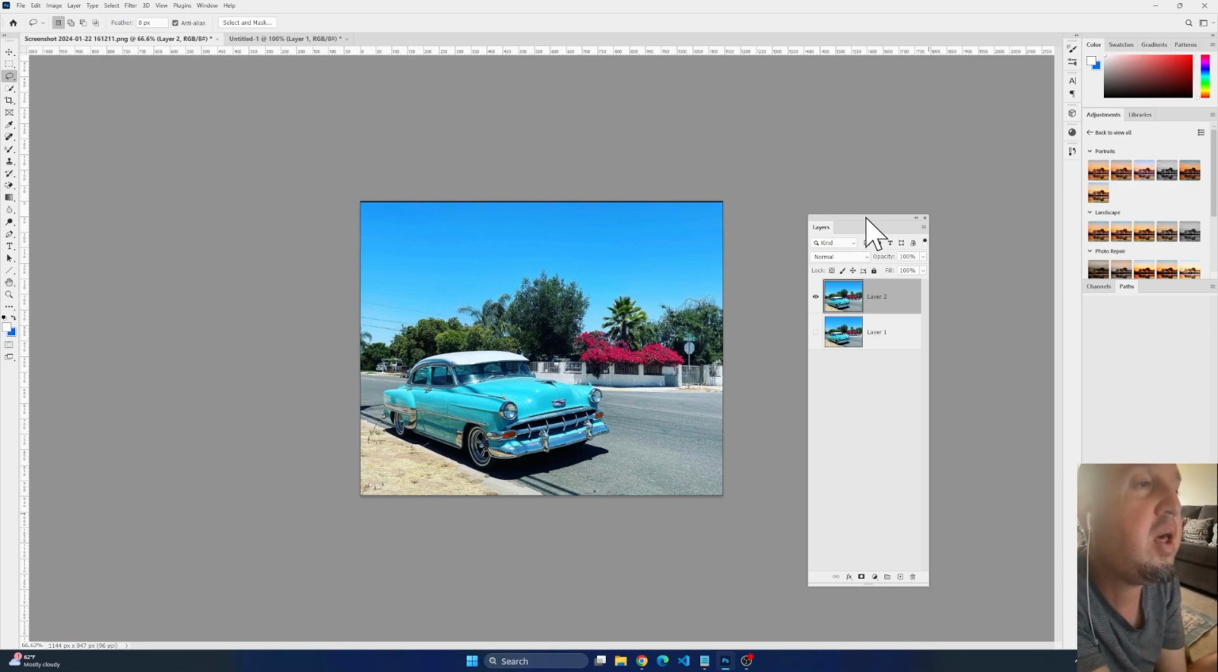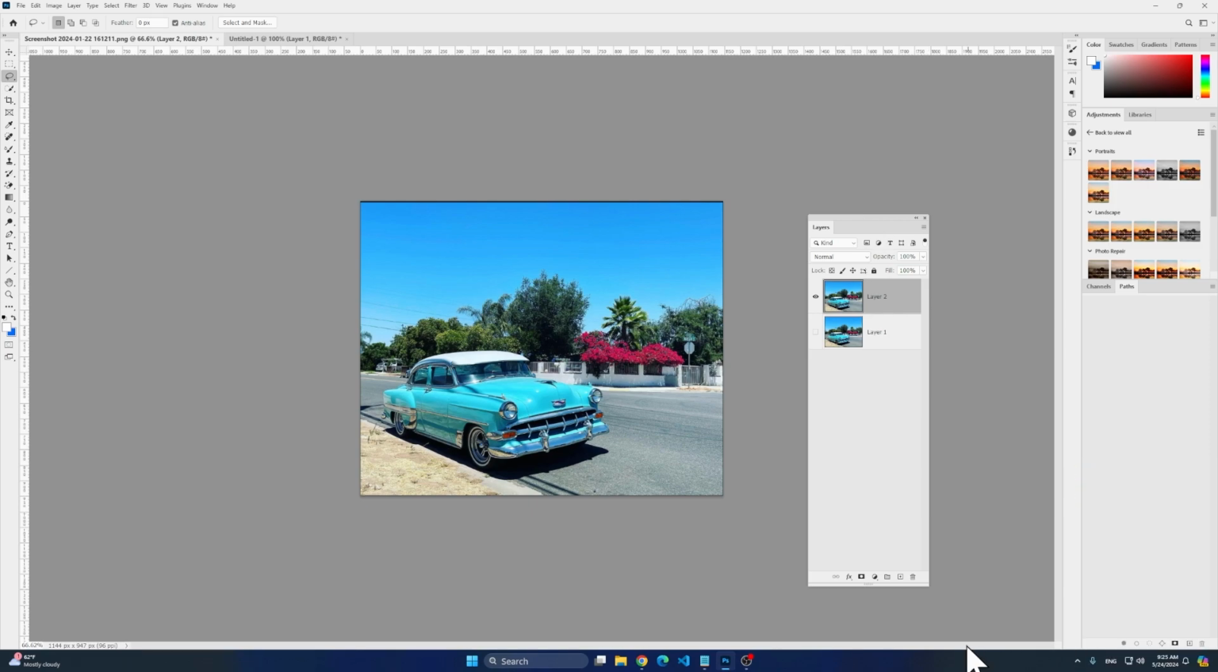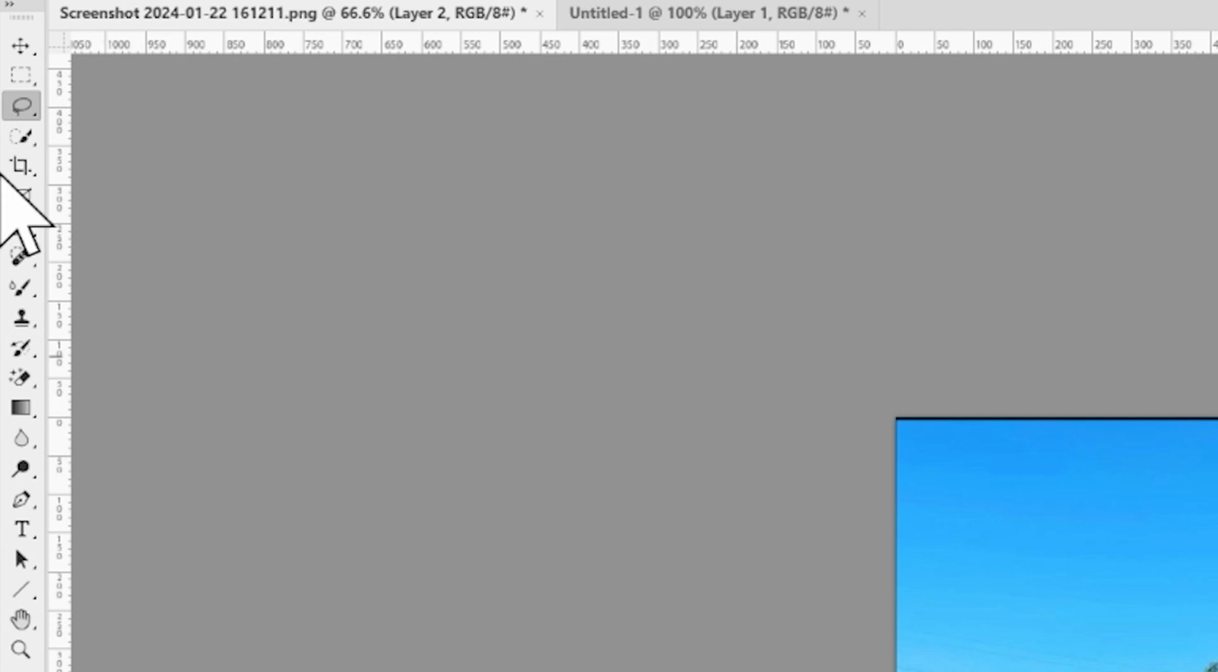So in this video, I'm going to show you how to make selections and save selections in Photoshop. And also I'm going to show you how to copy and paste curves. So let's get started. All right, so to make a selection, we see that these are all of the tools